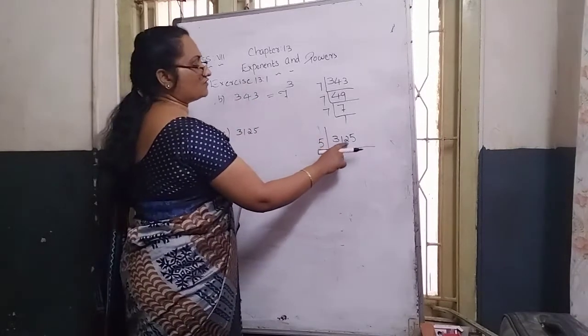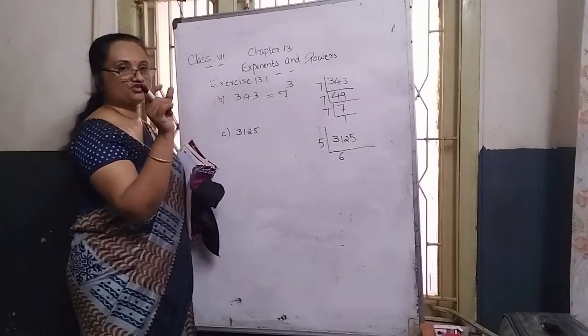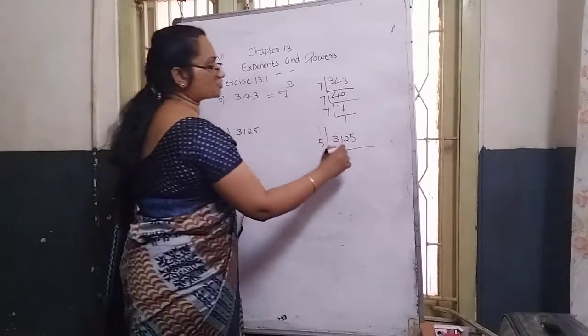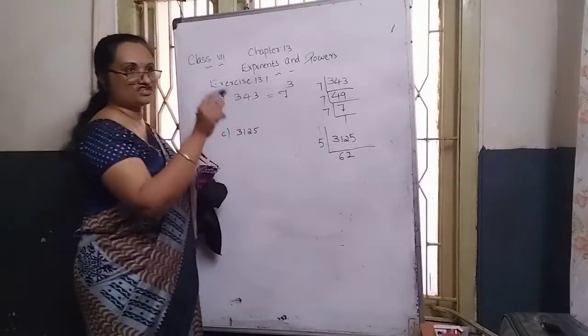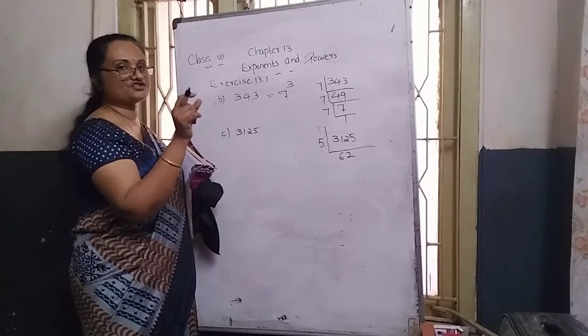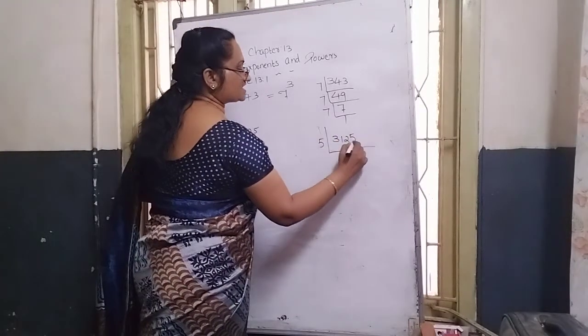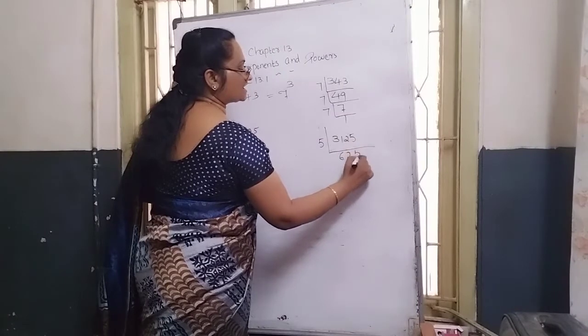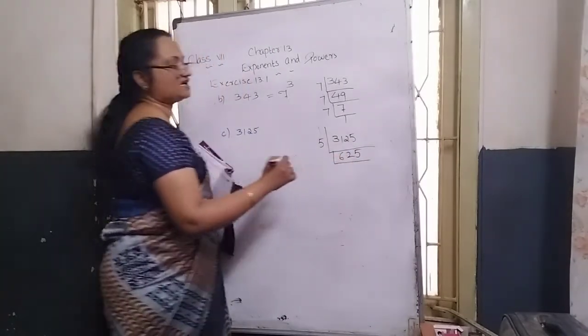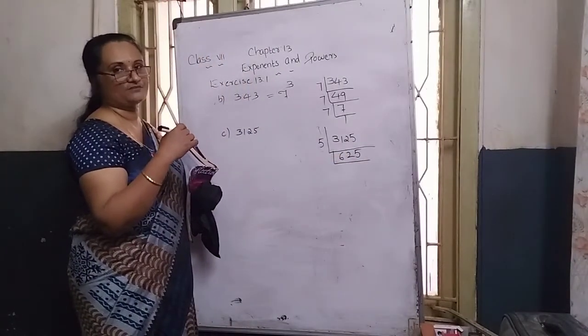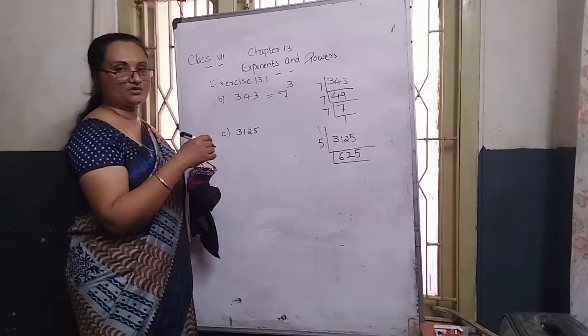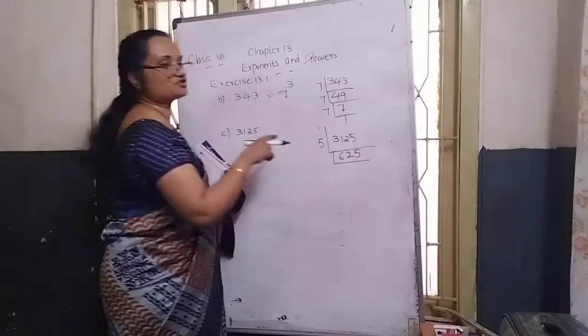Mind calculation: 1, and the next third place number 2 joining, 12. 5 table 12 not there, 2 times 10 is there. So 12 minus 10 becomes 2 as remainder. 2, and the next number 5 we bring down, 25. 5 table 25, 5 times. Again the quotient becomes 625. Again only the prime number 5 is possible, because you need to place 5.